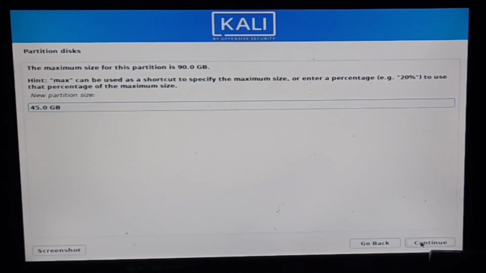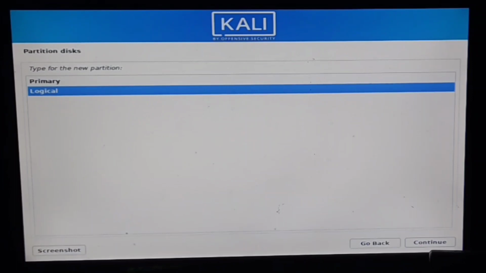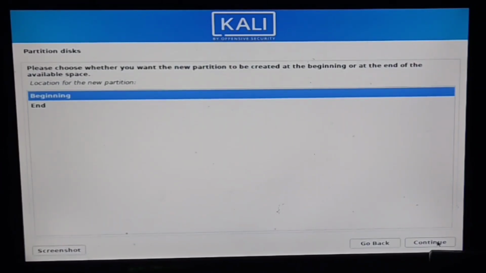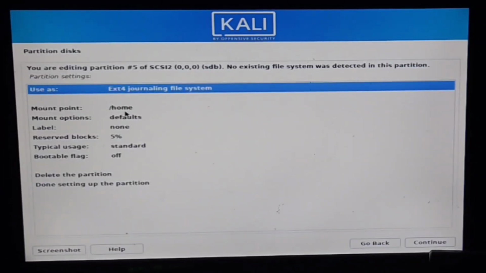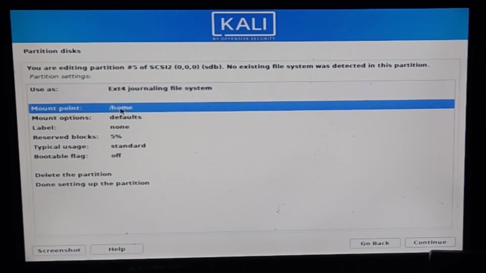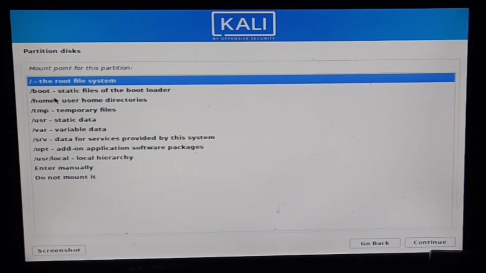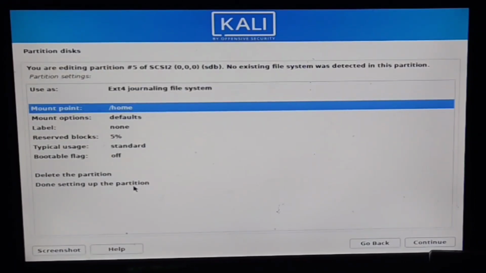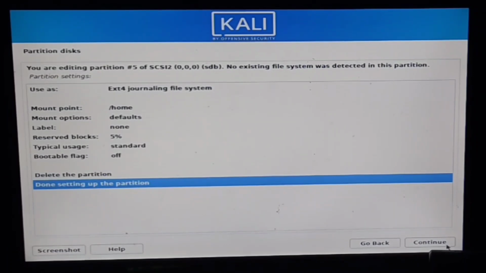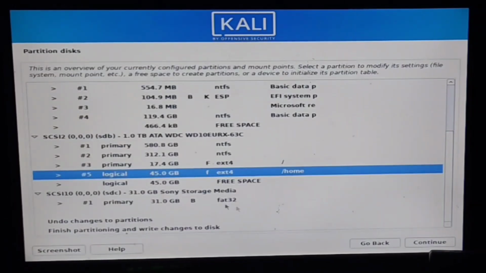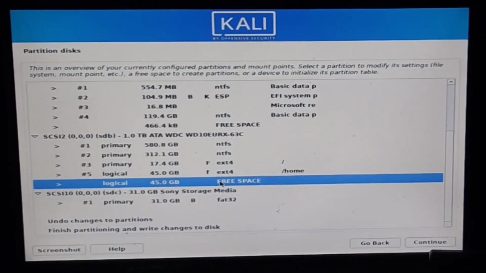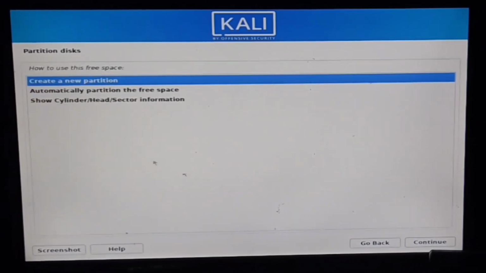First 45 GB, press continue, select logical, beginning, and give the mount point slash home. Select home there, press continue and done setting up the partition. Press continue and another 45 GB you can select and continue, create a new partition.